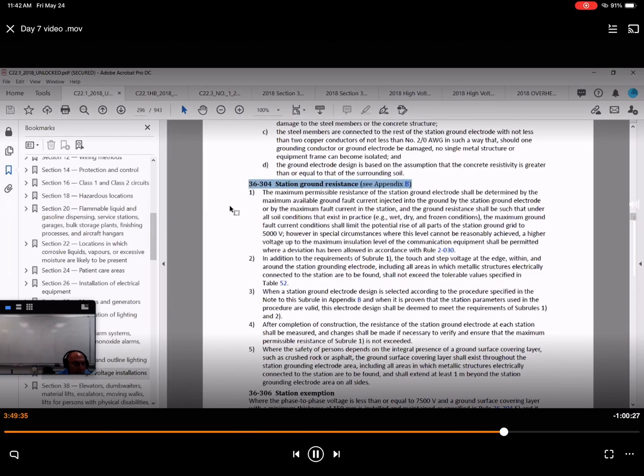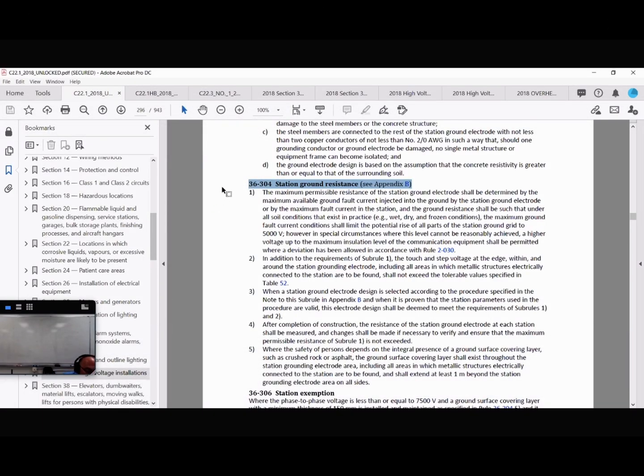Station ground resistance. Then we're going to talk about Table 52. So the maximum permissible resistance of the station ground electrode, here I'll just highlight that. The maximum permissible resistance of the station ground electrode shall be determined by the maximum available ground fault current injected into the ground by the station ground electrode, or by the maximum fault current of the station, and the ground